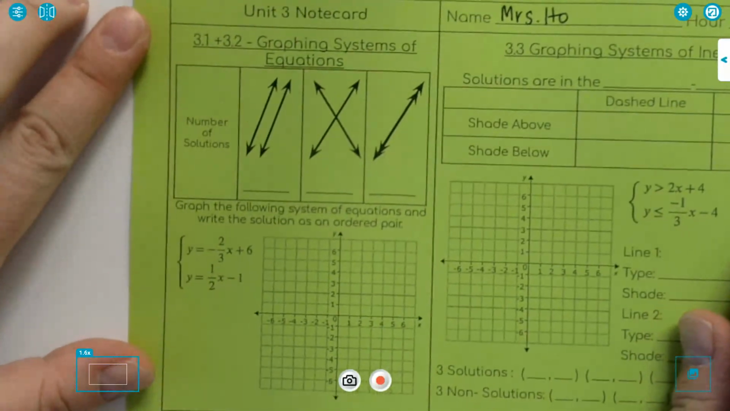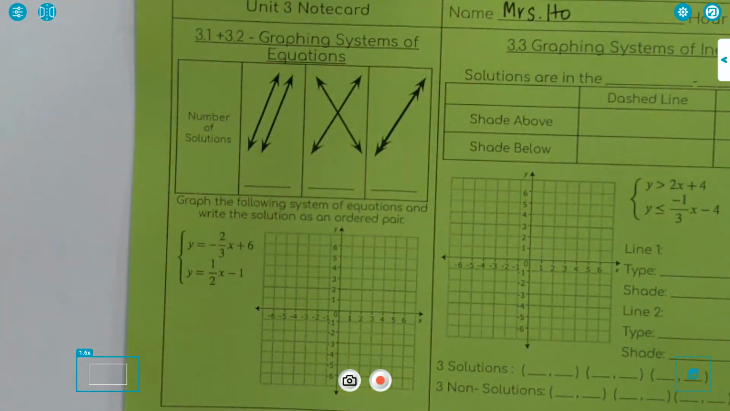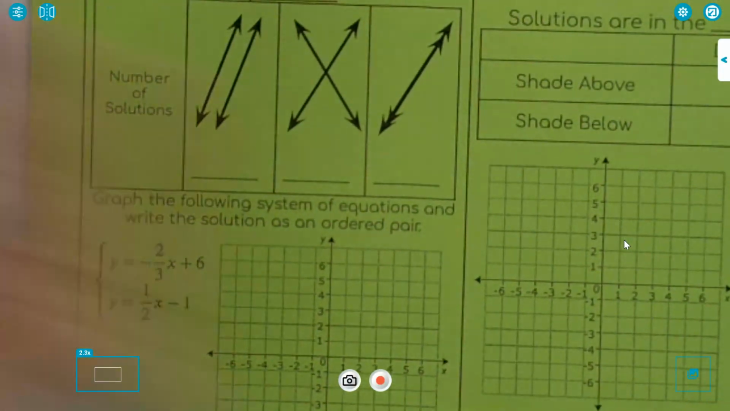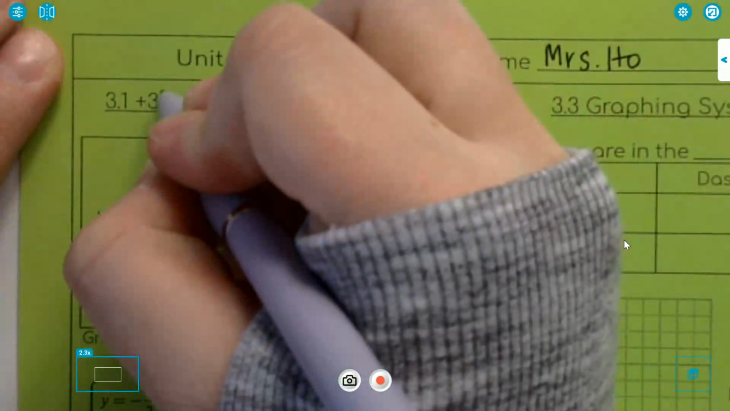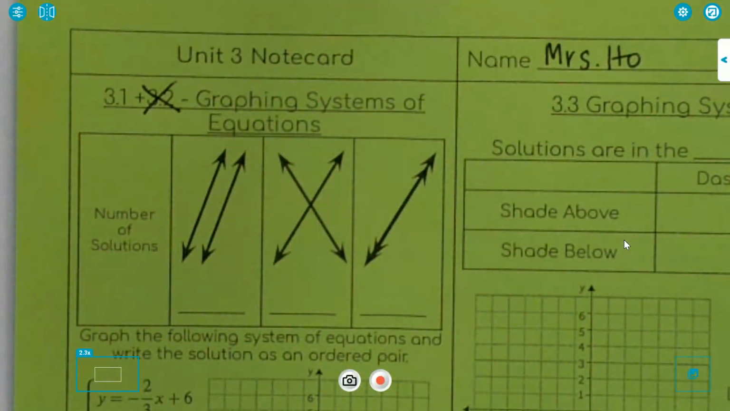And then let's zoom in to 3.1 and 3.2 over here. The first thing that I would like for you guys to do is cross out 3.2. We are not testing you over 3.2. It's not that 3.2 isn't important. It's that it's the end of the semester, and we made the executive decision to not put any 3.2 problems